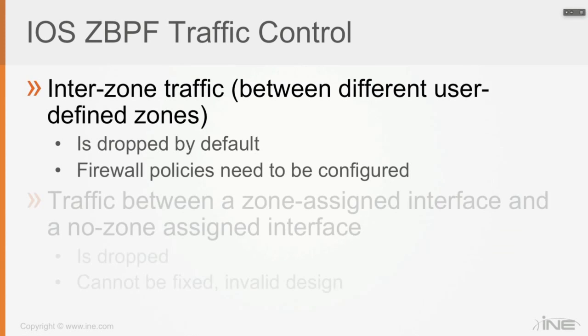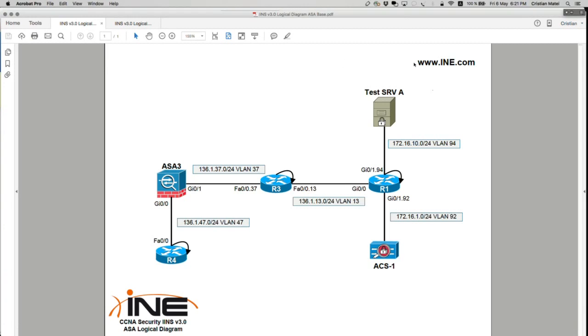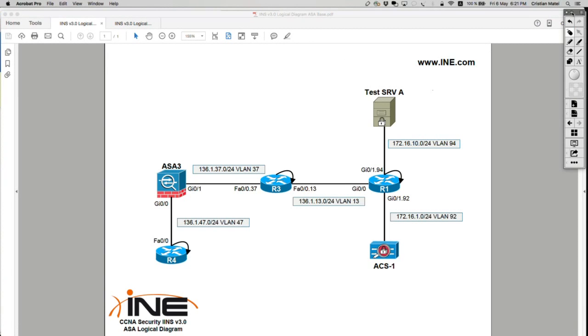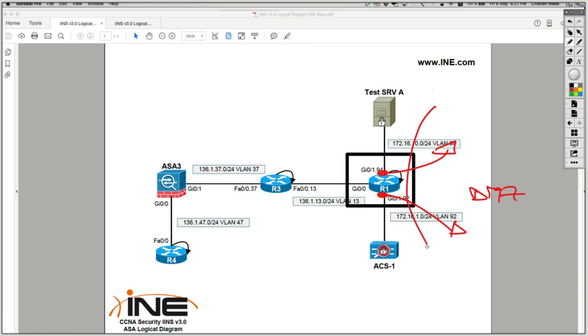traffic. And of course traffic between a zone-assigned interface and a no-zone-assigned interface is dropped because this is invalid design and you cannot fix that up. So for example, let's say that the previous example, which we had these two interfaces which were members of the same security zone named DMZ, which means all traffic back and forward routed by the router between those interfaces is going to be allowed by